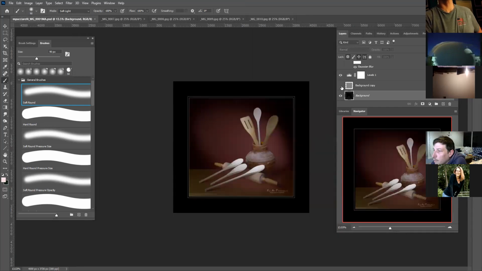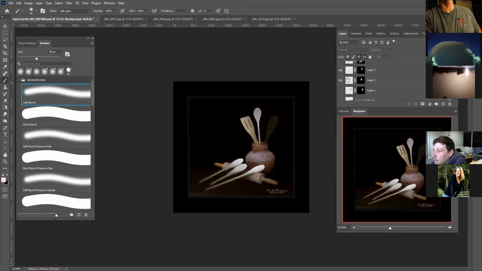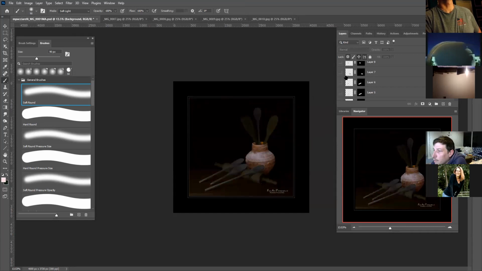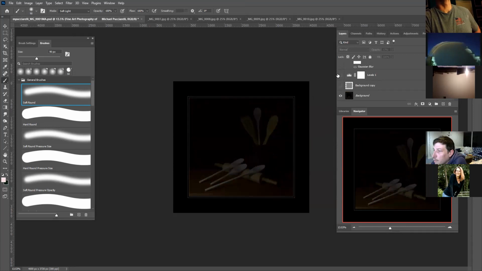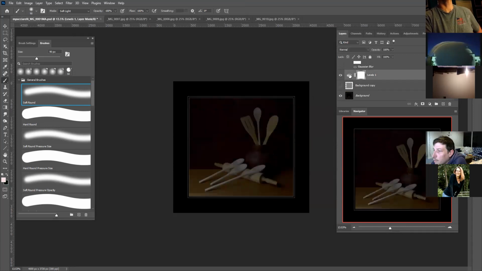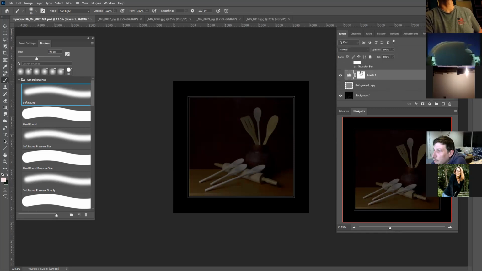I do the same thing. And there's an action for this. I click over here. I click on this to make it color correct. And then,